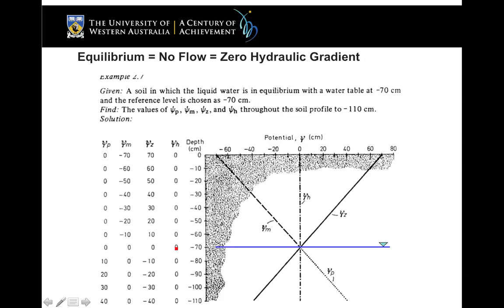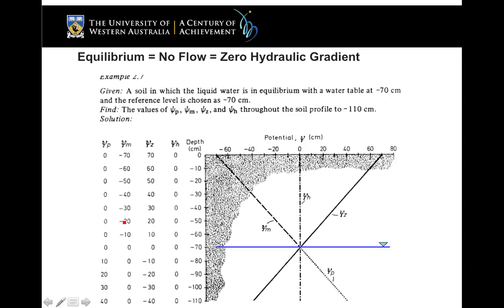Now we go above the water table, and we know there that the total hydraulic head is 0 centimetres. Then if we have an elevation potential here of 10, a pressure potential of 0, then the matrix potential must be minus 10 centimetres. And same at this point here. We have a gravitational potential of 20 centimetres. Our pressure potential is 0, but the total hydraulic head is 0, so that means the matrix potential must be